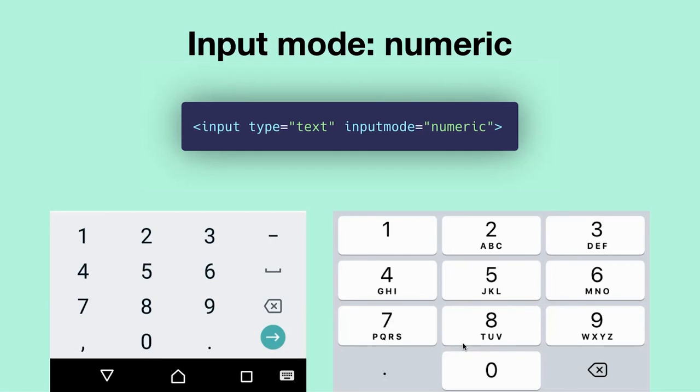Another related technology is input mode, often overlooked. Input mode allows you to tell a browser what kind of input you want to accept, and then it will optimize the experience for the user. So this is an example of a numeric field, which surprisingly accepts numbers. And so if you use this on, say, an Android phone on the left or an iPhone on the right, you'll get a keyboard that is designed just to type in those values. Now, that's a really useful thing for just any user, right?